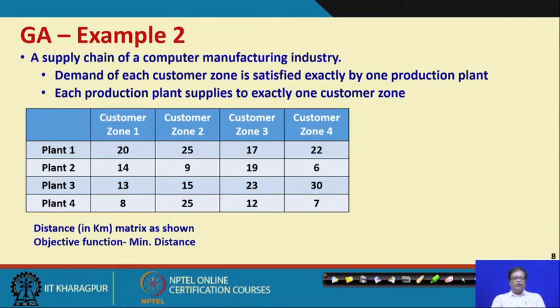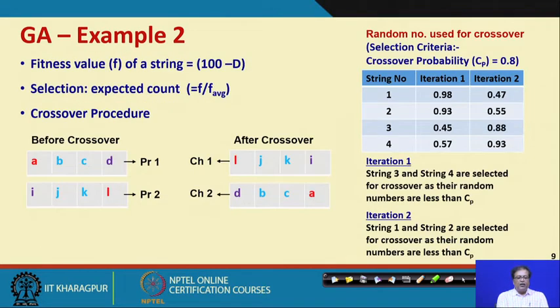How do we do assignment so that the total cost is minimum? Now, look here, usually we try to solve such problems as maximization. So, our fitness function will not be the same as the objective function. That is the first thing to note. Alright. So, what do we do? We could make some changes. Let us say we make the fitness function as 100 minus d. Minimizing d actually means maximizing 100 minus d. That is how we can do it.